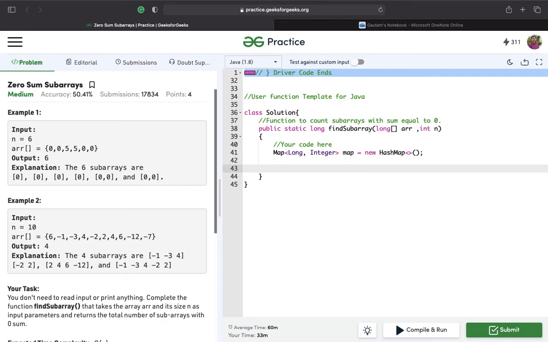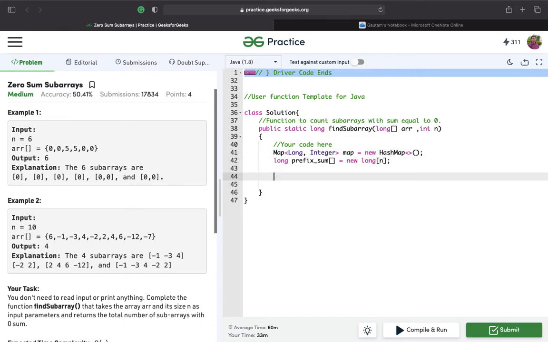Now let's create the main part, that is prefix sum. So I'll create a prefix sum array. I'll name this array as prefixSum equal to new long, and the length of this array will be the same as the original array, which is n. Right. So now let's fill the prefix sum array with the actual values.